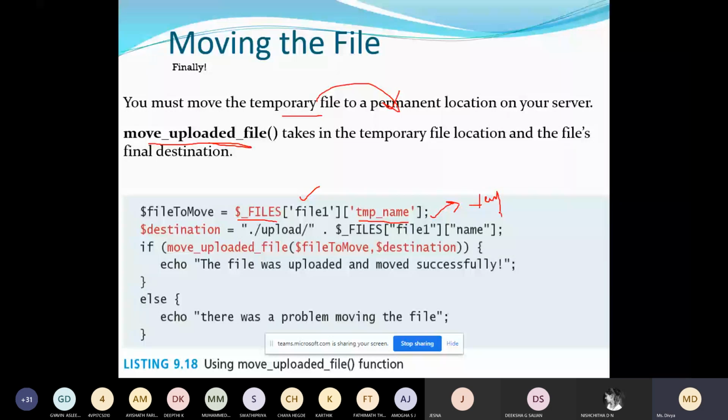A lot of things to remember. And this is your new location that you are setting. What is the new location? $upload and $filename.